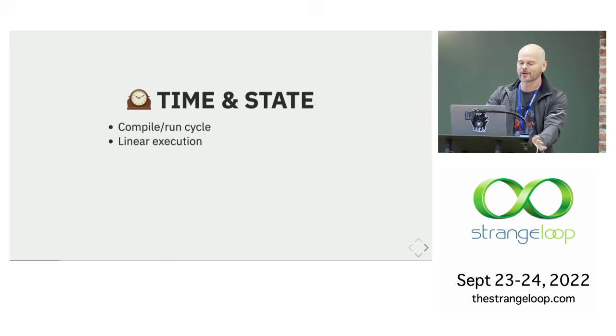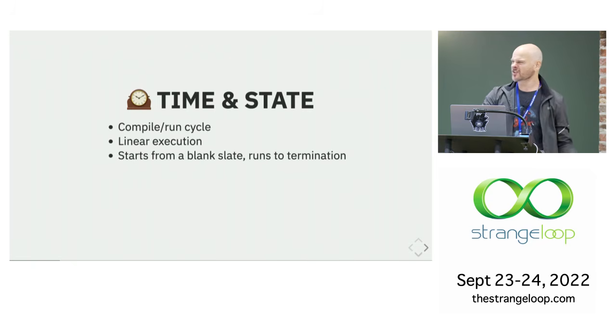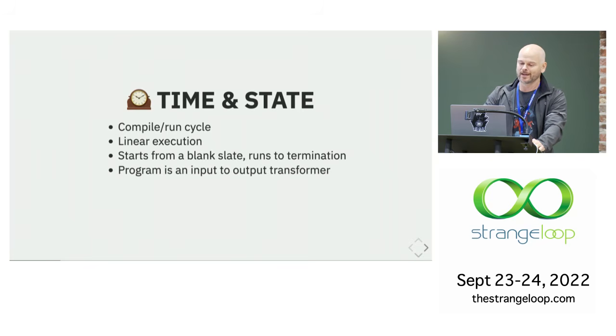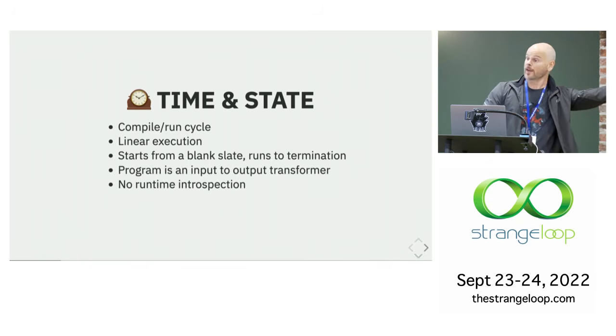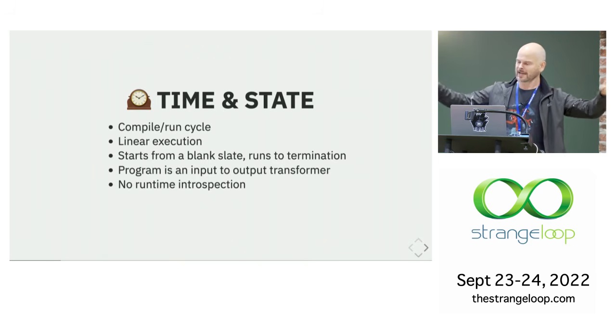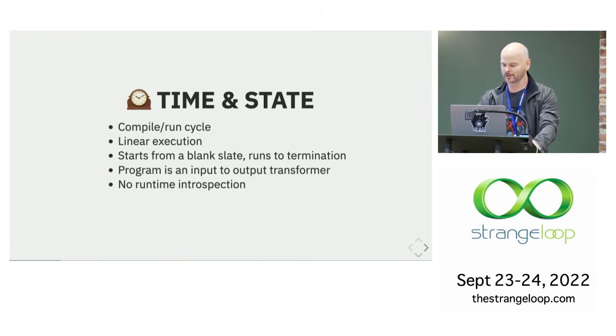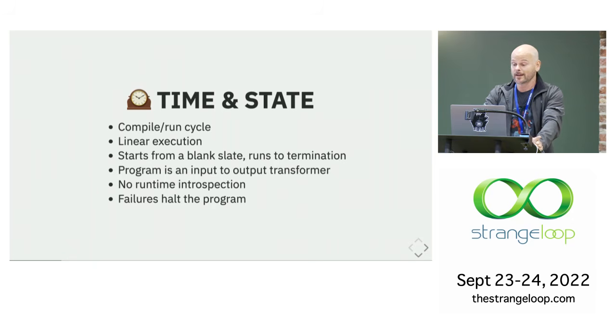There's going to be linear execution. Most programming languages assume that there's only one thread and you're going to run straight through from the beginning to the end. That your program is going to start up from a blank state and then run to termination. Now, how many programs that we actually write do that? We'll revisit that in a moment. This really only works if your program is some kind of input-output transformer, right? So there's no runtime introspection because runtime is happening over there, and your actual work is happening over here, and you just have to kind of guess from what happened, how it might be related to your code. And if there's a bug, well, sorry, failures just halt your program. You get maybe a core dump, or you get a log message somewhere with a stack trace in it.